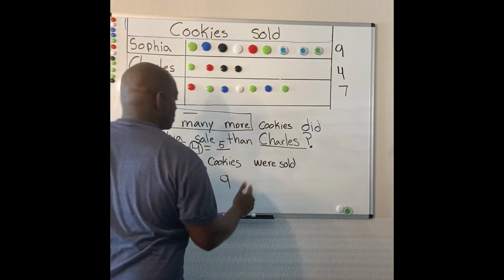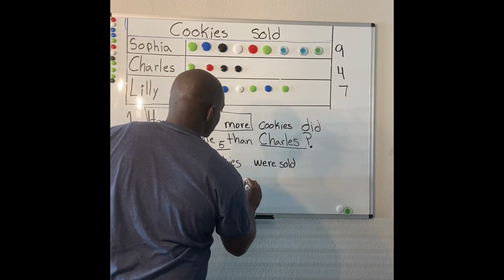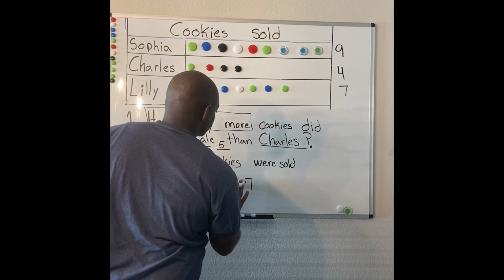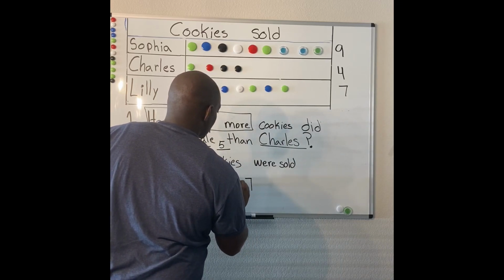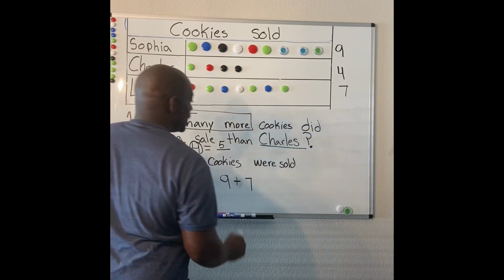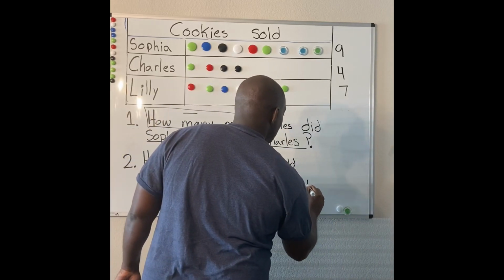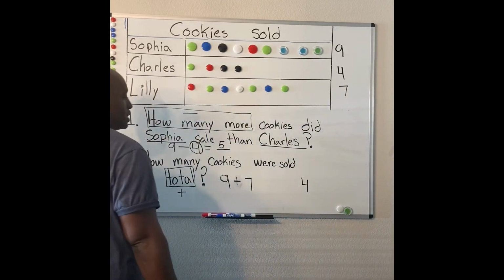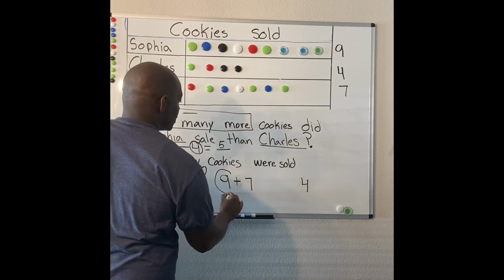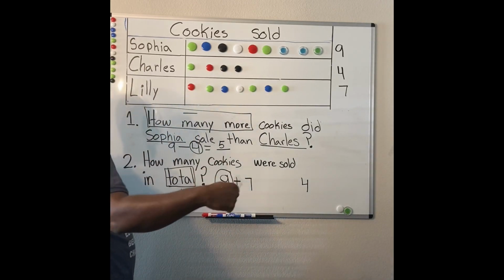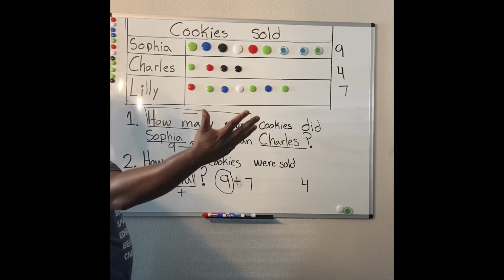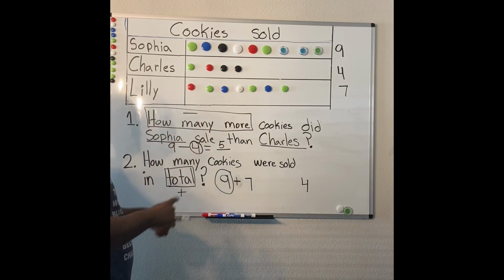Then I would do the next biggest number. Plus 7. And we know that the 4 is going to be over here for another number sentence. So circle 9. 9, 10, 11, 12, 13, 14, 15,